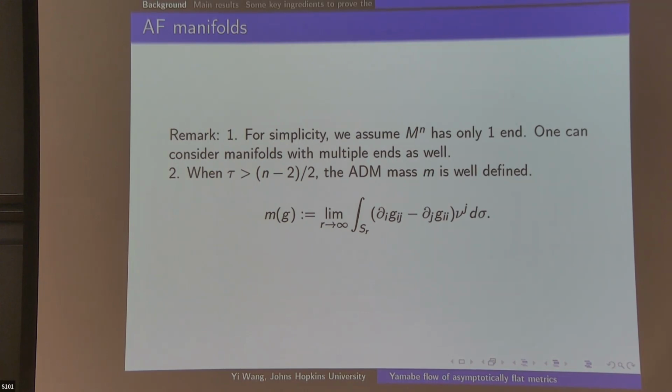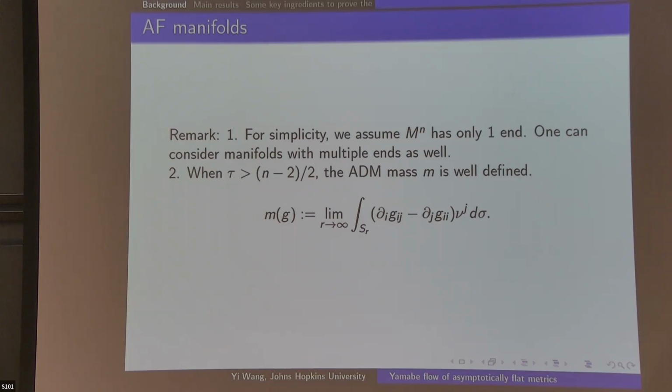Later on, people found out that in general it's very much related to the global behavior of the scalar curvature. But that's just a very hand-waving idea. So what's the intuition behind this expression? Why do we think of this as a mass, this limit? Yeah, that's a very good point.